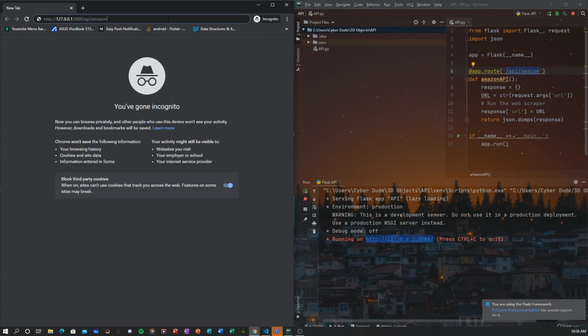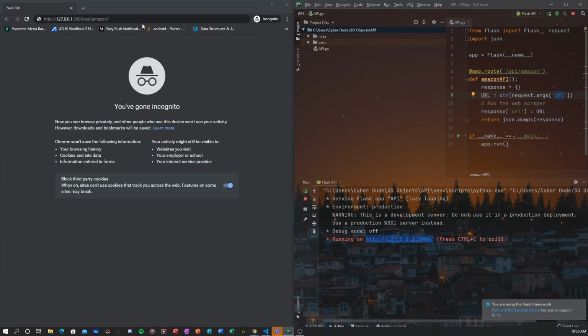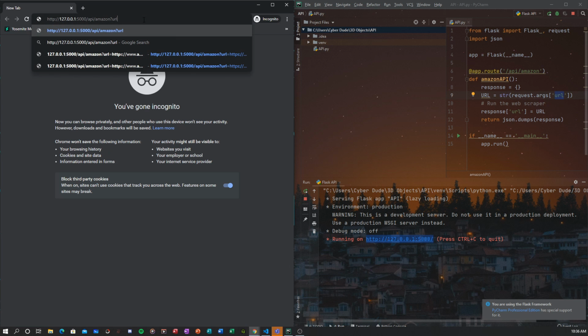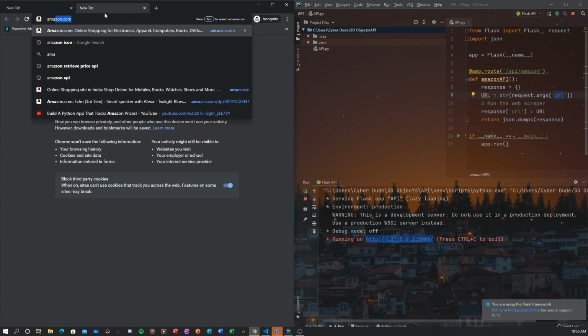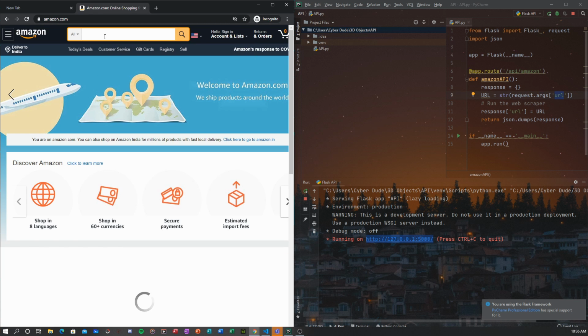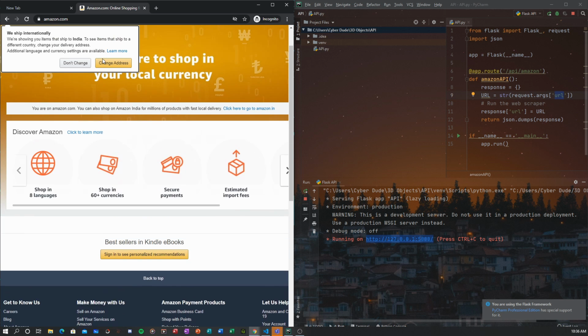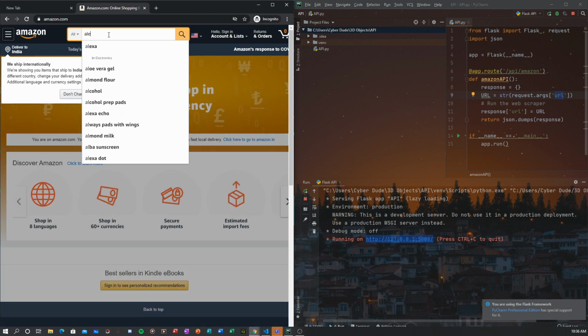Then to pass an argument, add a question mark, and then the parameter which is URL. So we are going to set URL equal to, let's say we look for a product on Amazon.com. Let's say Amazon Alexa.